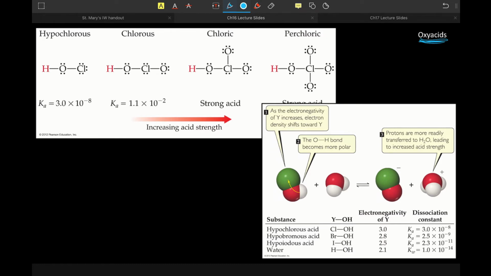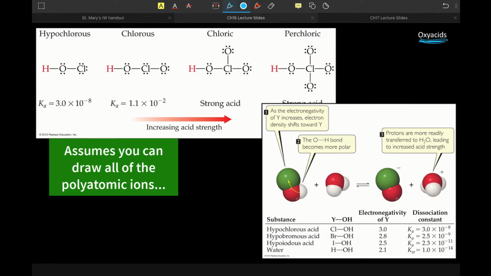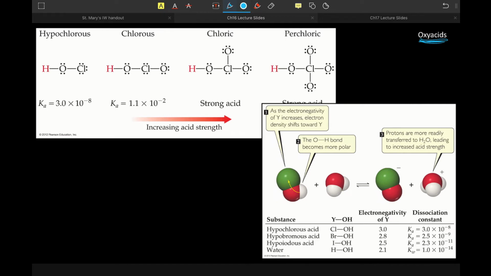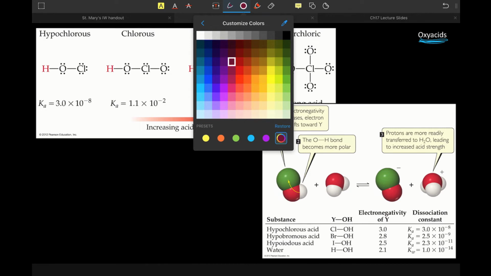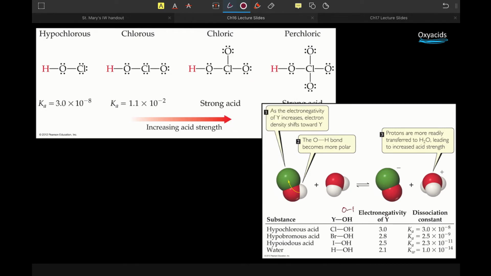As in, you should envision the polyatomic ion, and then go ahead and attach an H to one of the oxygens, right? So there are 2 different ways to analyze our oxyacids. If we're given a series of oxyacids like here, we're just looking at an oxygen bonded to a hydrogen, and that oxygen is bonded to that Y. So when they say OH, that's what they're saying. We are just looking at the